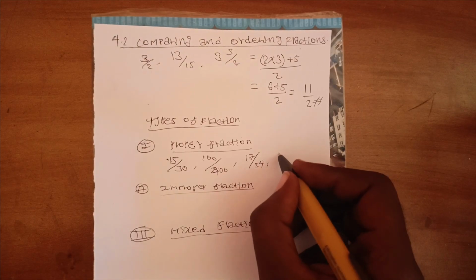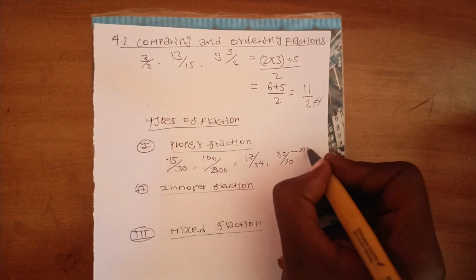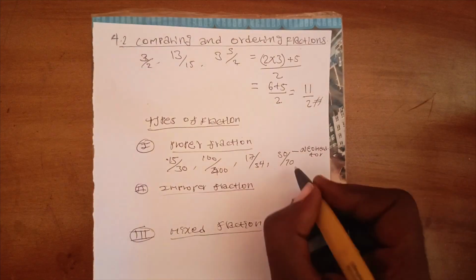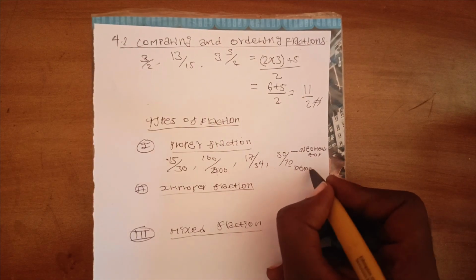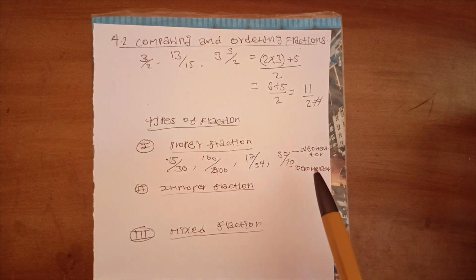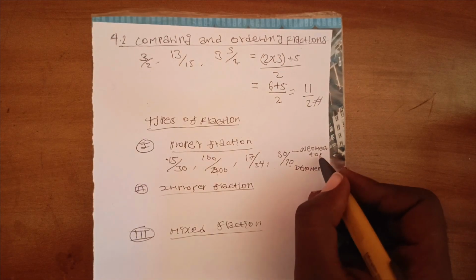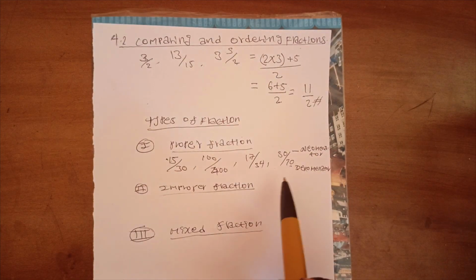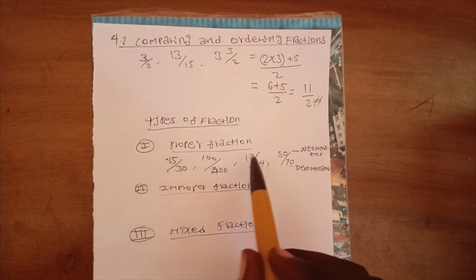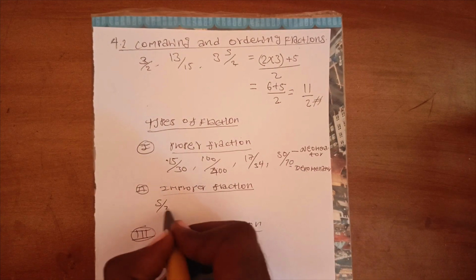is 50, 70. This is the numerator, this is the denominator. So the numerator is less than the denominator, so it is a proper fraction. It's called a proper fraction. Here the improper fraction means 5/2, for example,